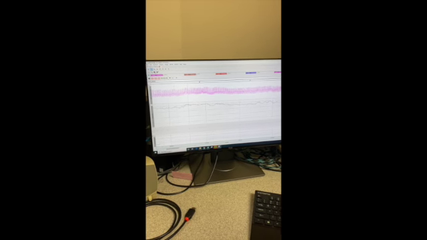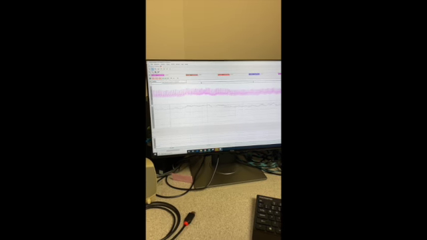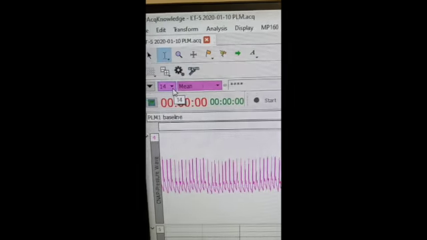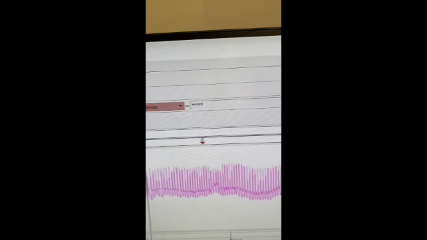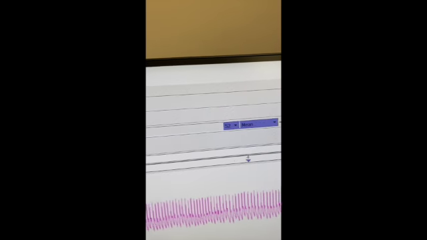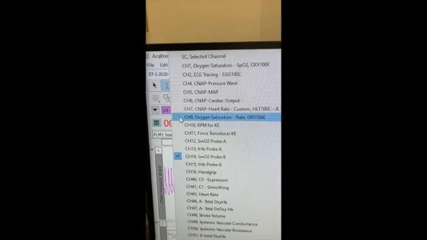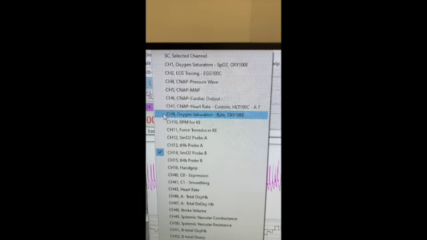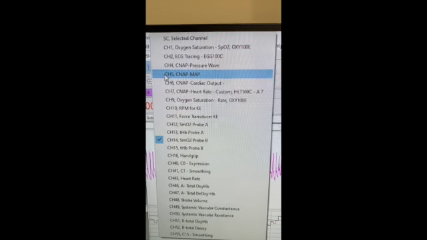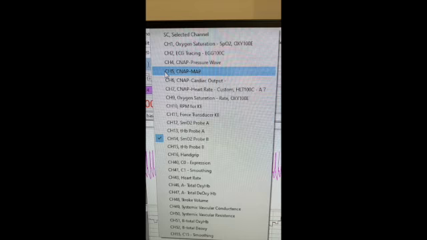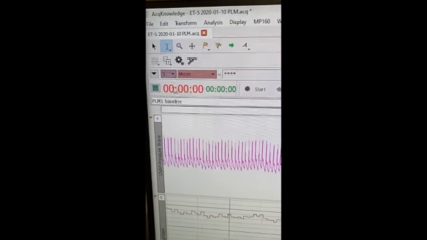To do our CNAP data, we need to first look at the channels that we have. So if you look here, each of them has a number and it says mean next to it. We want the average or the mean of the values that we're looking for, but we have to change this number here, which changes the channel or what input is showing up. So in every case, we want mean arterial pressure as our first one, so channel